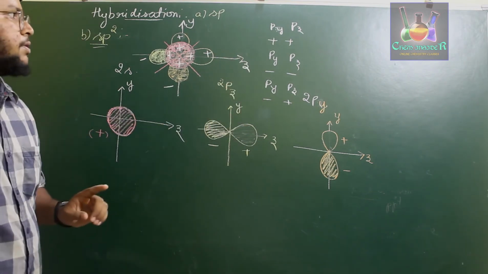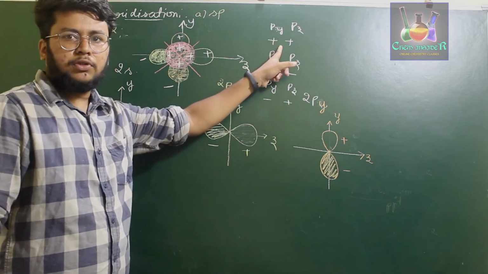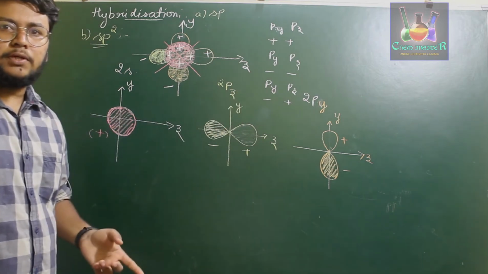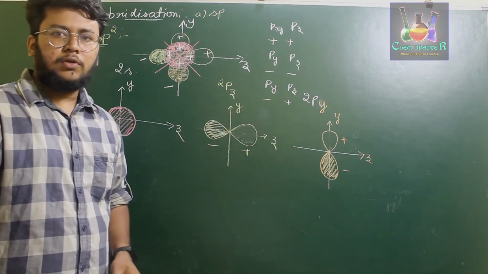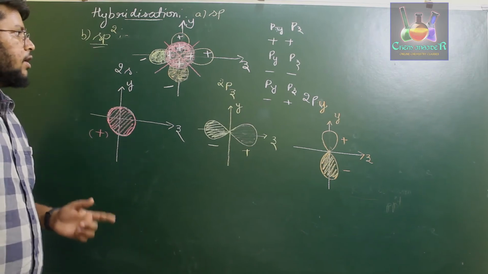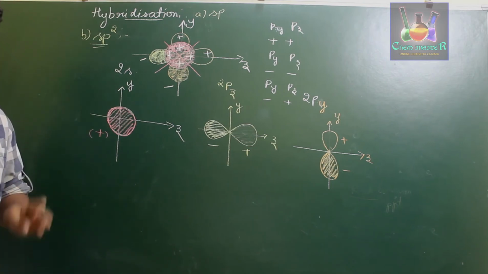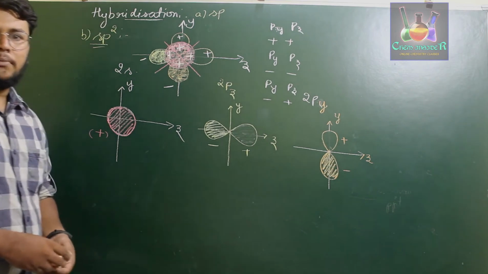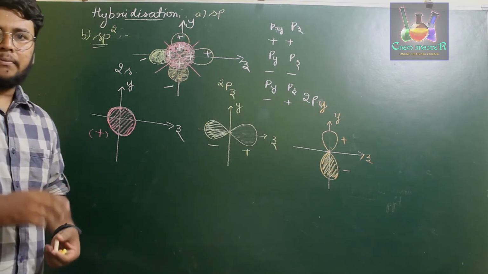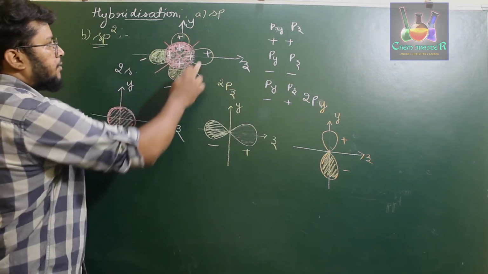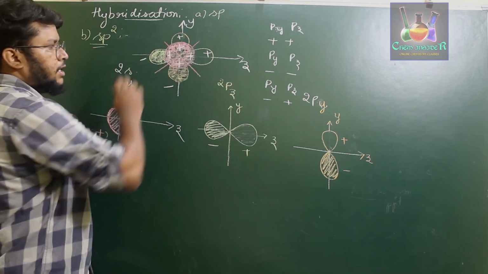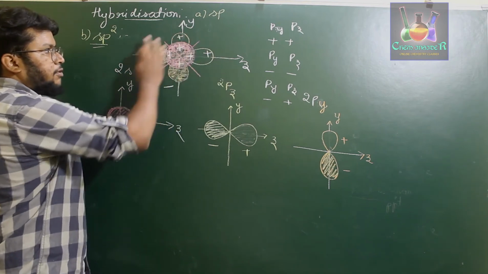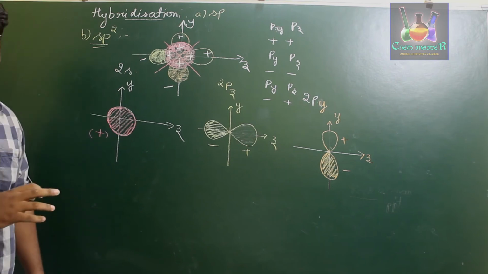Okay. So in one sp2 hybrid orbital, both p will be positive. In the other sp2 hybrid orbital, both p will be negative. In one sp2 hybrid orbital, one of them will be positive and the other will be negative. So this leads to the formation of three sp2 hybrid orbitals. And further, these three sp2 hybrid orbitals will be in a plane. Now, if you consider these s, py and pz orbitals, these are on the plane of the board, right? So these all are on the plane of the board.